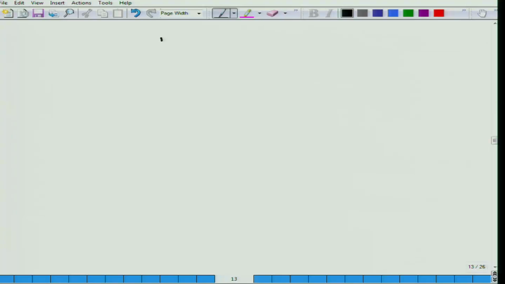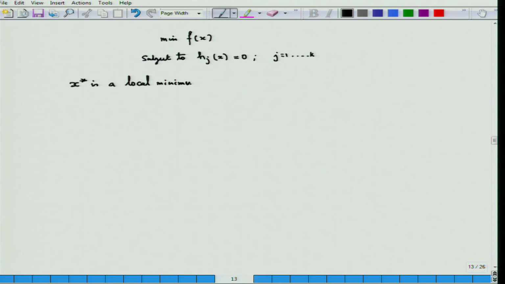For example, I will show you a simple situation of how a normal multiplier and how an abnormal multiplier can arise. Now, look at this problem, a very simple problem, minimize f(x). So, we have inequality constraints. Now, say x star is the local minima, then by the Fritz John conditions, by the John conditions,